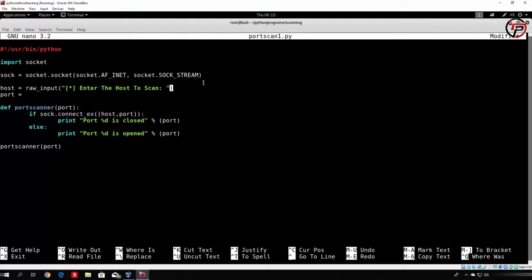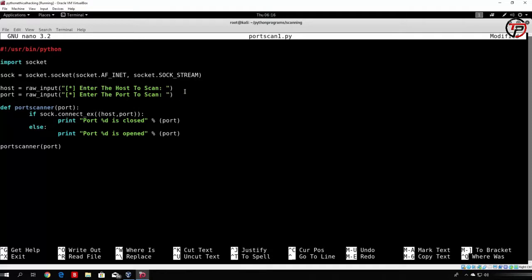In our case, in this program, it will be an IP address, and as they specify that, it will continue running the code and go to the port where we want to do the same. So raw_input, we want to prompt the user to specify the port which they want to scan. So we just type here enter the port to scan, two dots and then closed question marks, closed double quotes